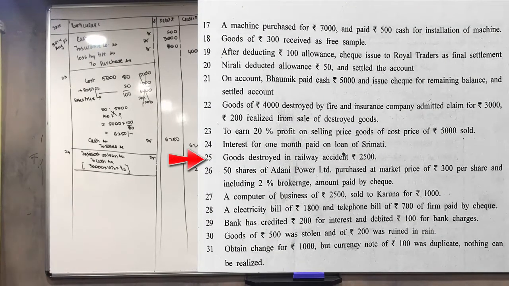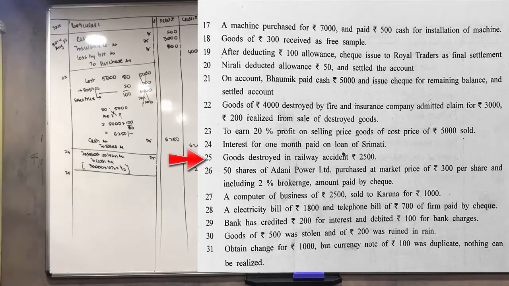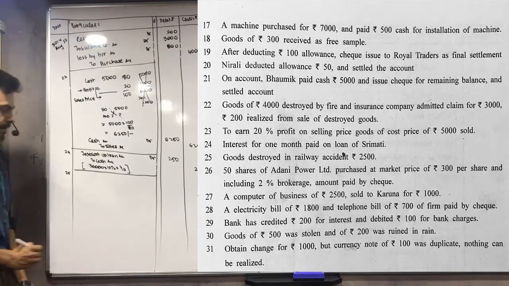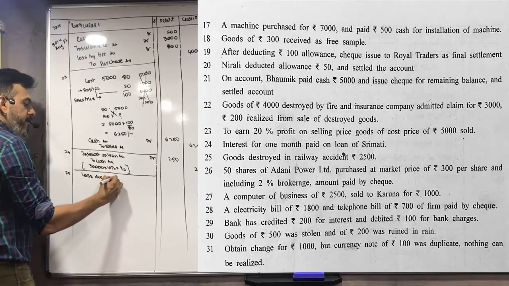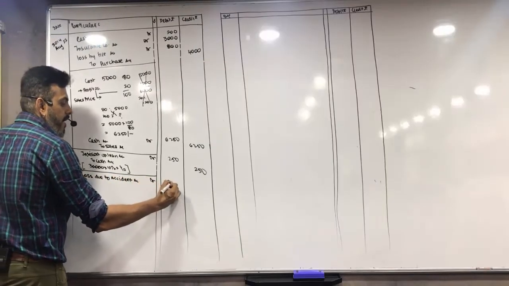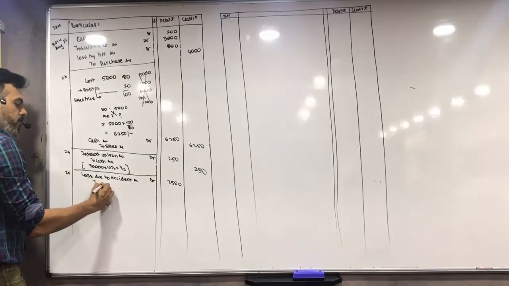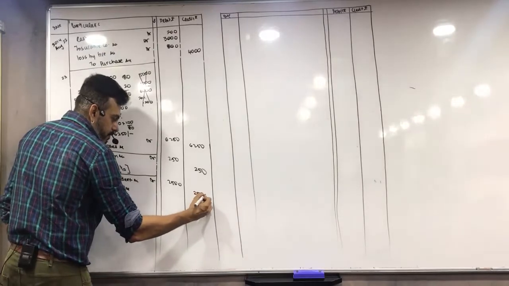Goods destroyed in railway accident 2500. Now is there any insurance? There is no insurance, so it is a complete loss. Everything is a loss. So write: loss by rail accident account debit, loss due to accident account debit 2500. To goods goes out, so purchase account 2000 and